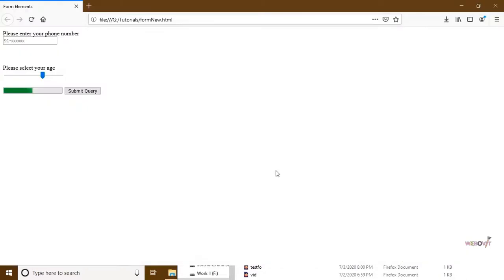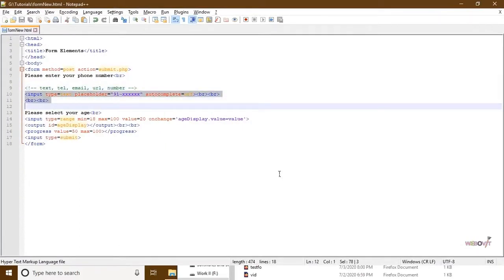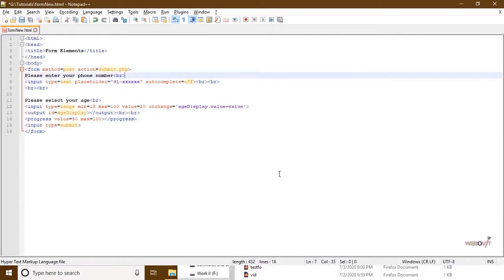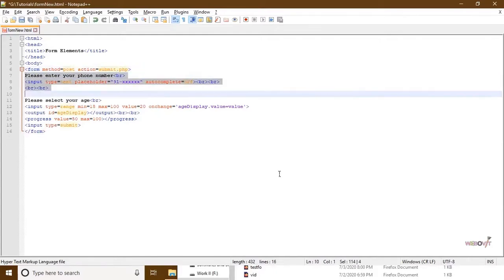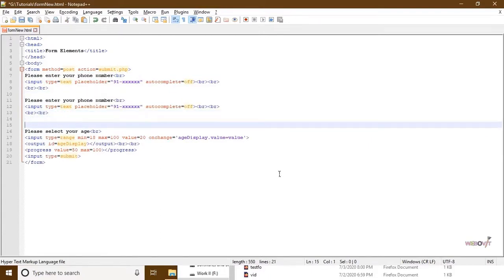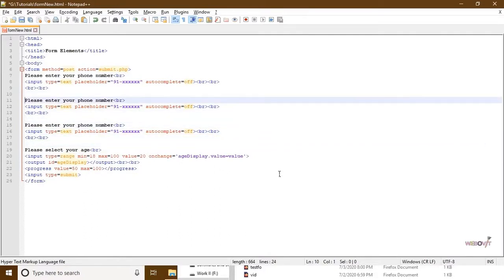Now suppose you are having 2-3 input boxes.